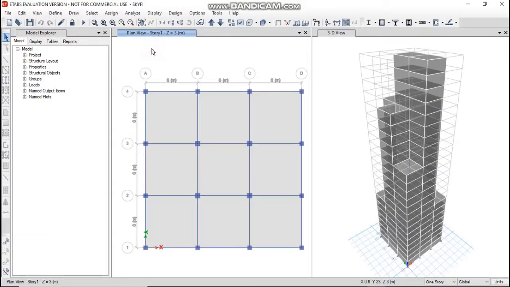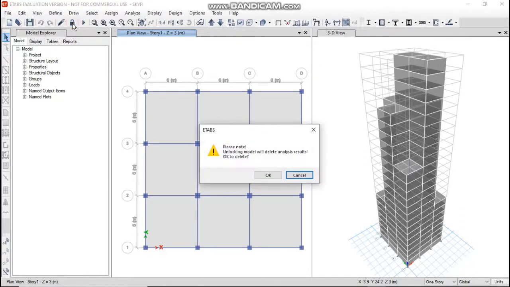So now open the project that we have done in the previous video. Here we are going to apply the seismic loads on this particular building right now. It is in the lock mode, so unlock the model.